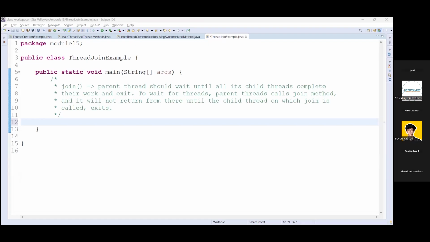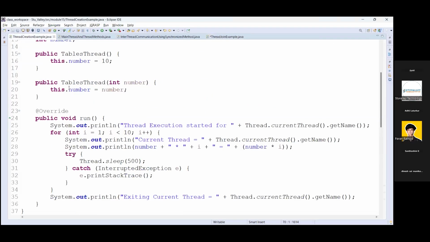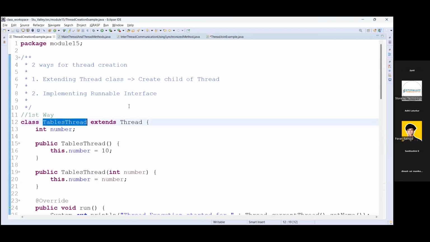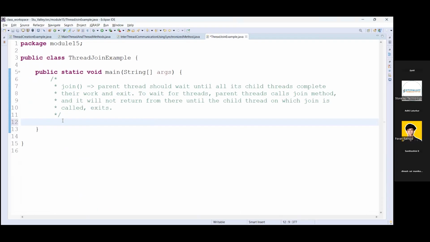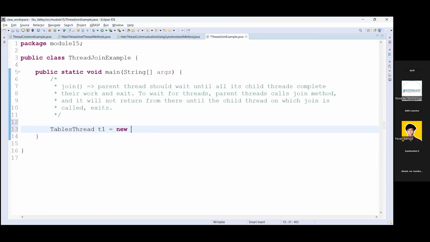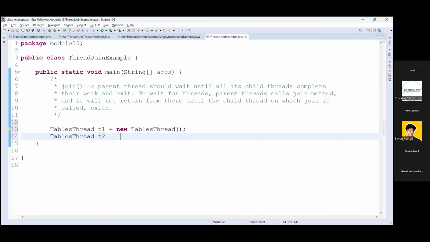So I'm going to use the TablesThread itself. We will create the TablesThread object T1 equal to new TablesThread, then TablesThread T2 equal to new TablesThread, passing the value as 20.